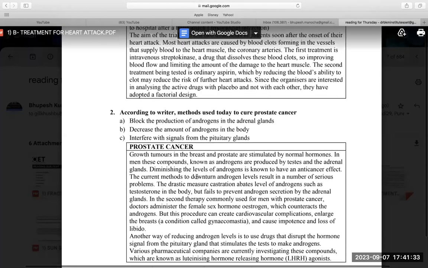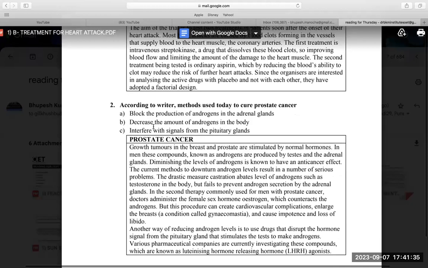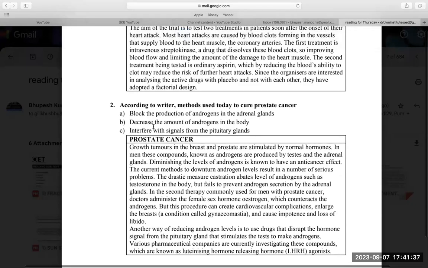The second was a little tricky. It could have been C as well. If by chance you have done C, that doesn't say your reading is not good. It's just the question that is a little tricky. But yes, B option is much better because it covers all the aspects.